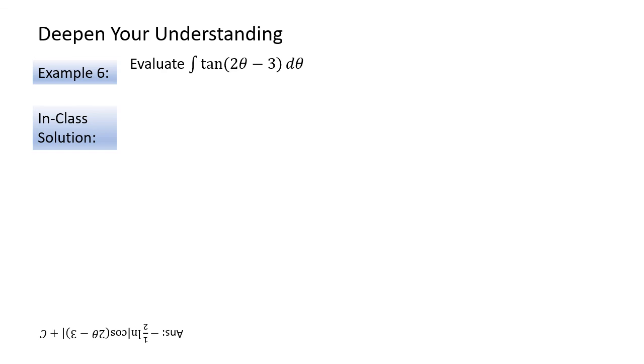We're only going to look at one example here, just an additional trigonometric example. Evaluate the integral of tan of 2 theta minus 3 d theta. For the substitution rule, we use the function inside the trigonometric function. So I'm going to let u equal 2 theta minus 3. So du by d theta is equal to 2. Solving for du, by multiplying both sides by d theta, we get du is equal